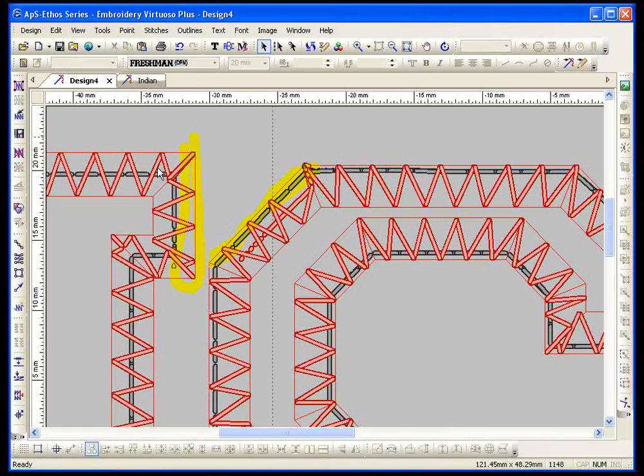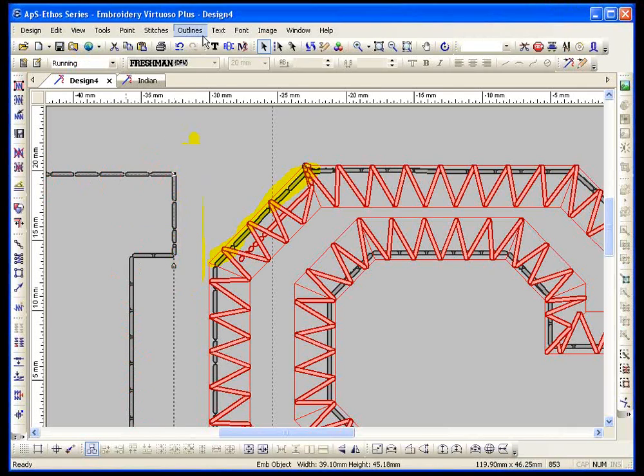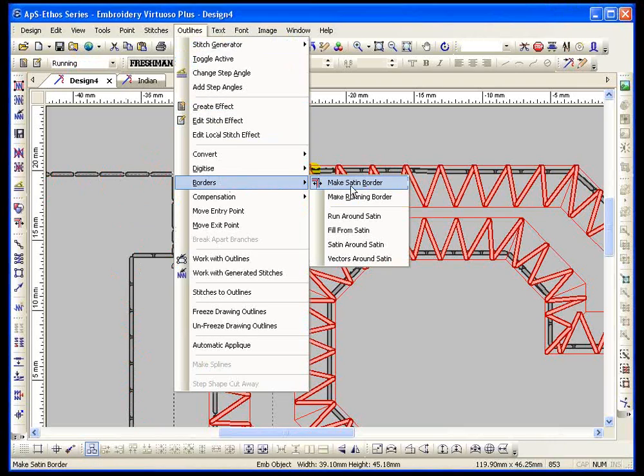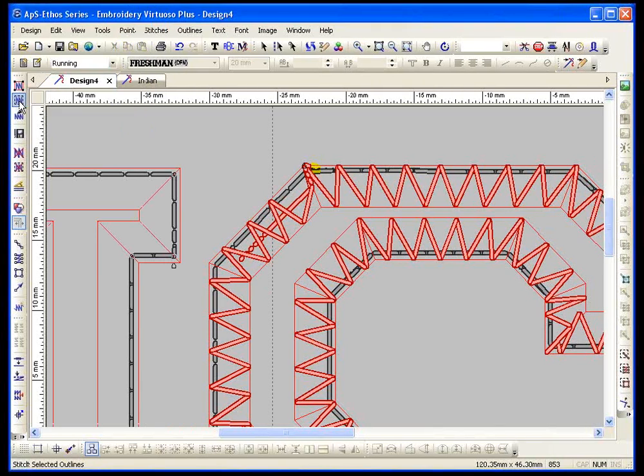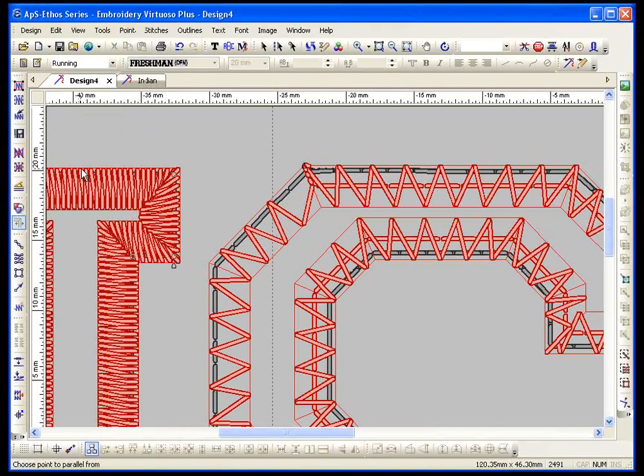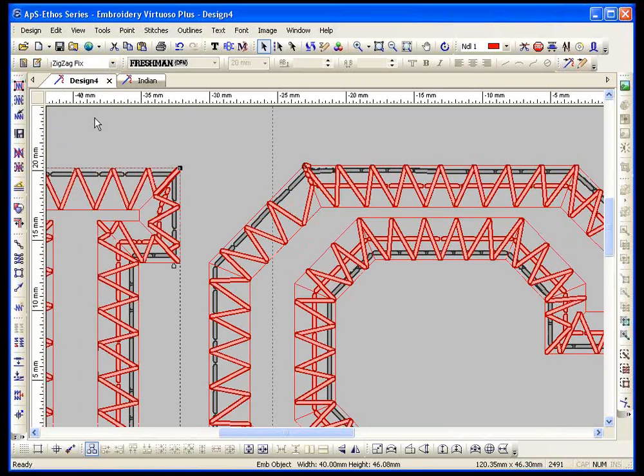So what you do when you're putting your border on here, you hit your N key to put the size in, you change this value. 50% is what it was. 85 is what we want. Say OK. And let's make it a zigzag. Okay. There's my